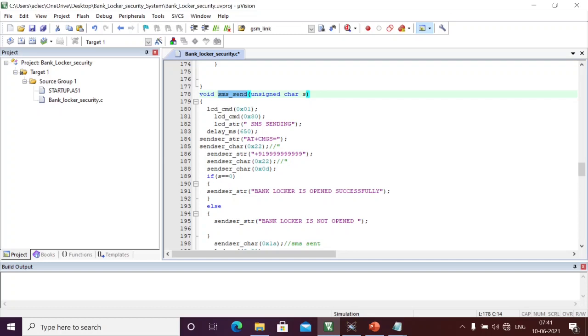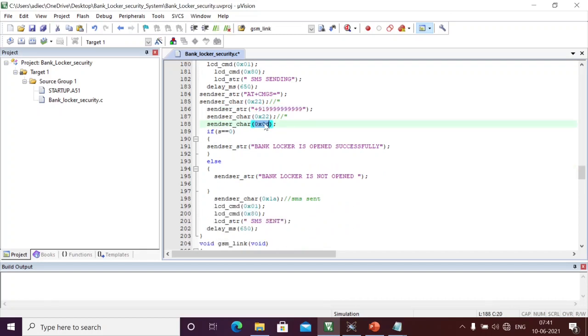Okay, this is an SMS program, SMS sending, and the AT+CMGS command is for message sending, and we are going to send to this number, all the 9 number, and we are going to give the double quotes, and we are going to do the 0x0d, means enter. This is a double quotes for the number, and after the enter we should type the text. Okay, this is the text I am going to send as an SMS. 0x1a means send SMS. Okay, SMS is sent, and similarly I am going to display on the LCD: SMS sent.